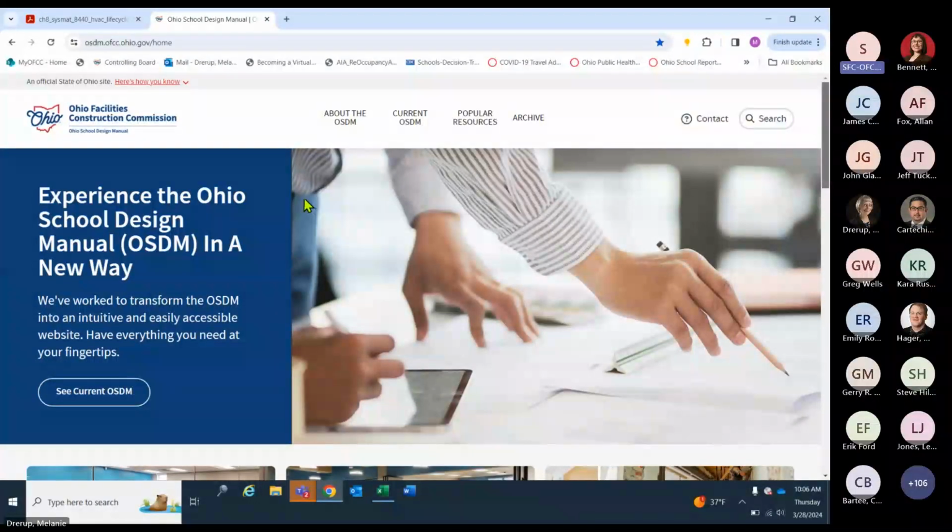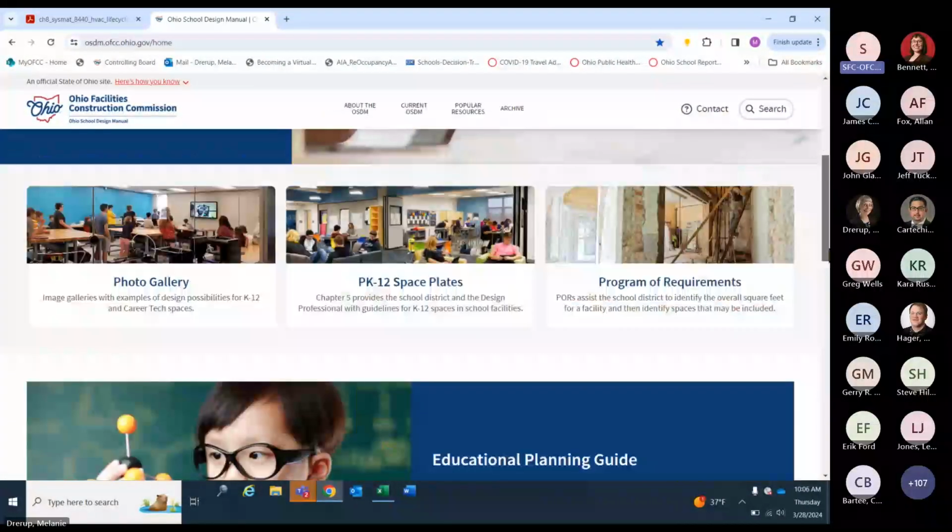This page provides a link to the current OSDM in the banner. The cards below provide some links to some important areas of the site, the photo gallery, PK-12 space plates, and the program of requirements.